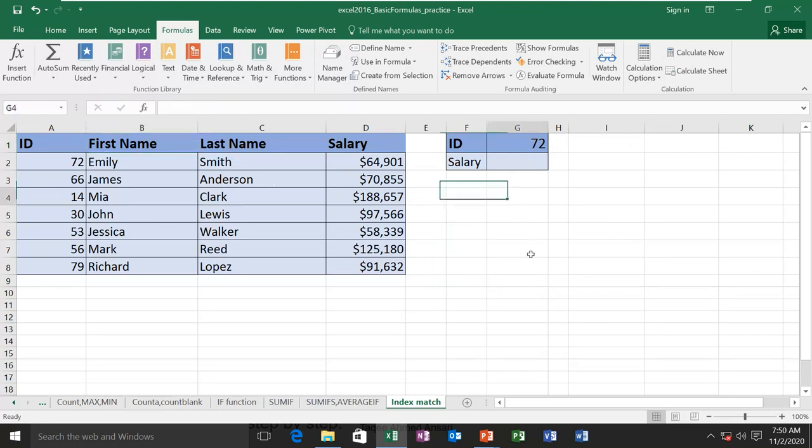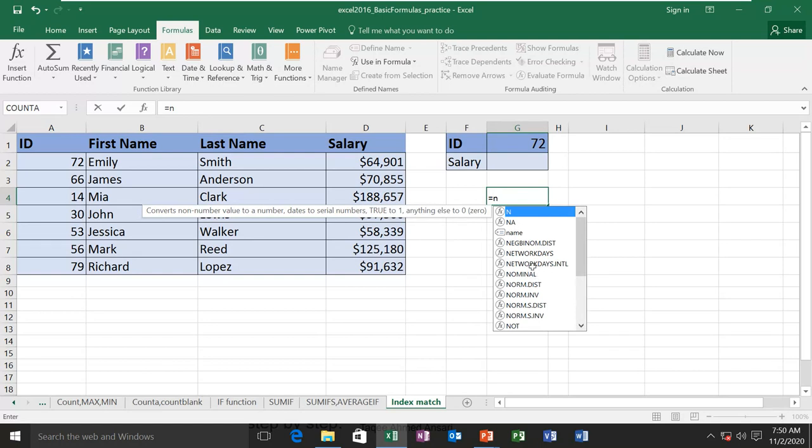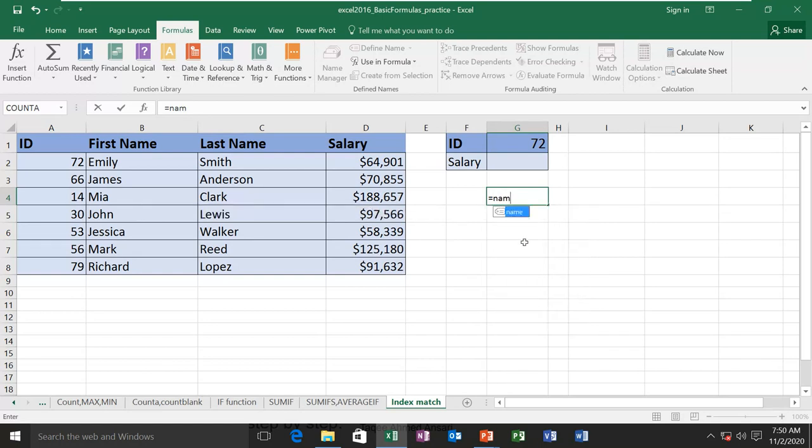Like I want to use it here in this cell, so I press the equal sign, and then the name, I remember I defined name. As I type name, you can see the name which we defined, and then you can select it and press enter. What you will get is the value from the cell which we have already defined.